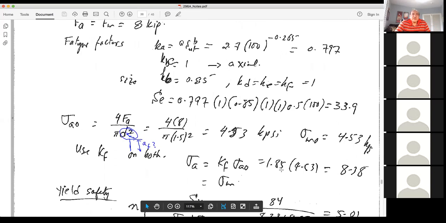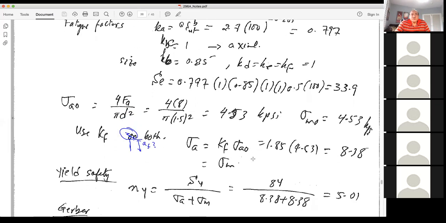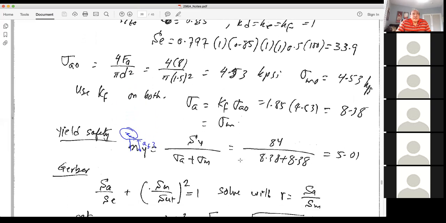In more complex problems, then we have to look for the notch sensitivity factor, convert the theoretical stress intensity factor to a fatigue intensity factor, but here it is given to us as 1.85, and we apply it to the values, and that's basically what we're going to do in the shaft design of the gearbox. So we have to find KF for every location,